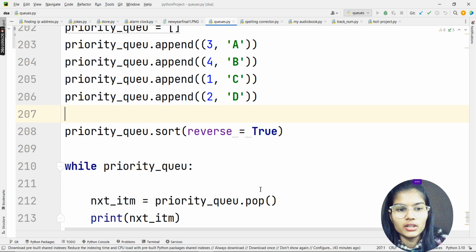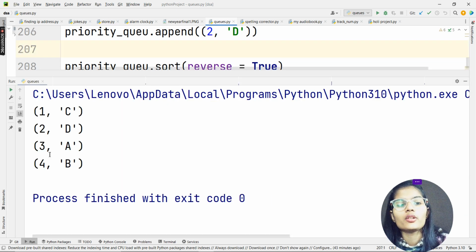So see, what do I have? It has completely been sorted into my ascending order, 1, 2, 3 and 4. I haven't put this into any kind of order or anything like that, right? So automatically it